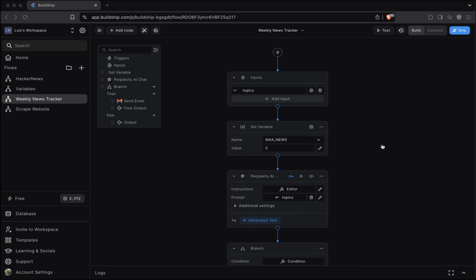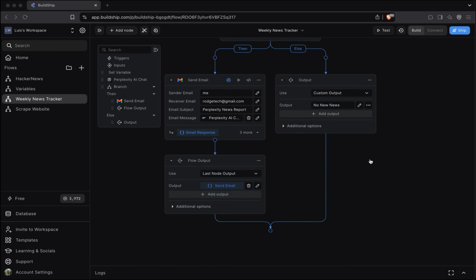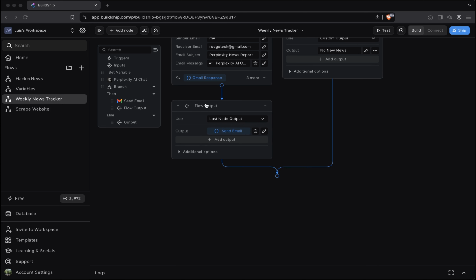Let's explore the output node in BuildShip. Just because the output node is usually the last node in your workflow doesn't mean it's the least important node. In fact, without the output node, there would be no way for your BuildShip workflow to return information to the